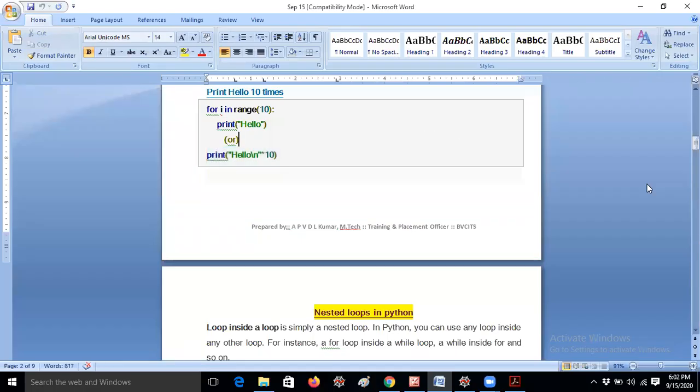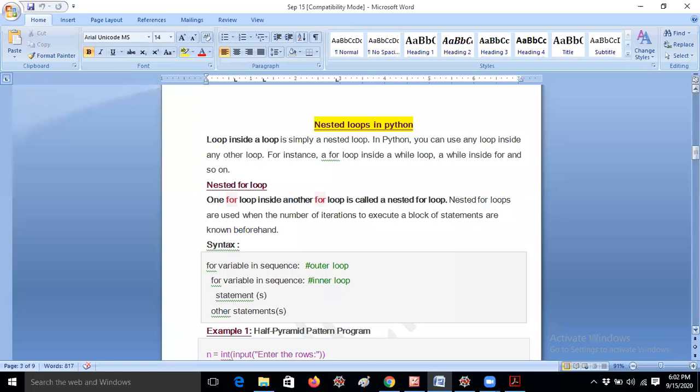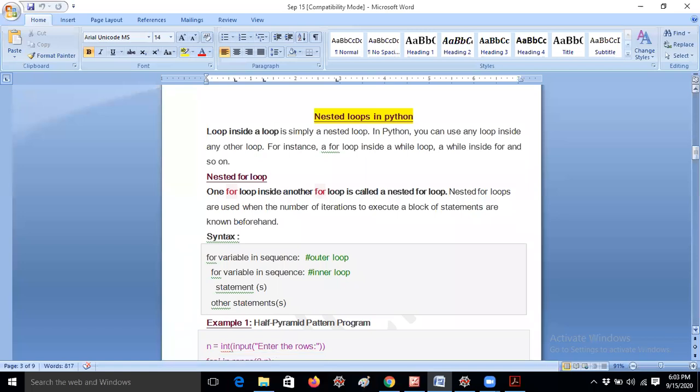So we have learned a lot about the for loop. I think it's enough. It's time to practice examples. Before that, I would like to go for nested loops. What is meant by nested loops? A loop inside a loop is called a nested loop. We discussed in the last class what a nested if is: if we have another if inside an if, it is called a nested if. In the same way, if you are defining a loop inside another loop, that is called a nested loop. I'm just writing a simple line: loop inside loop.